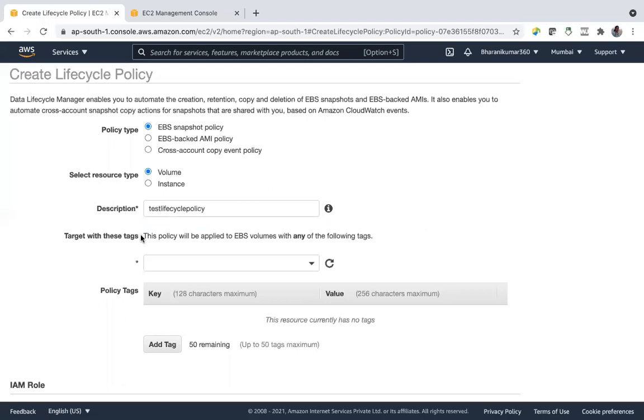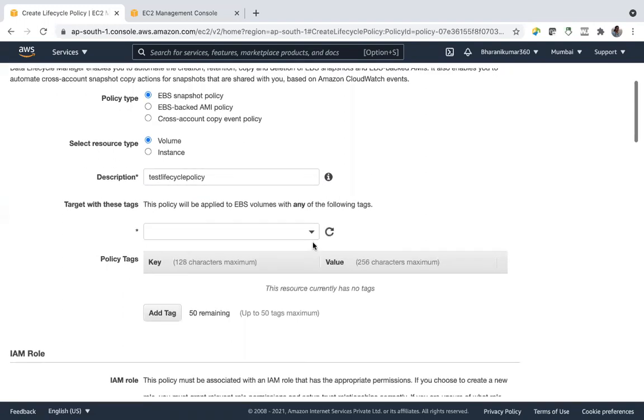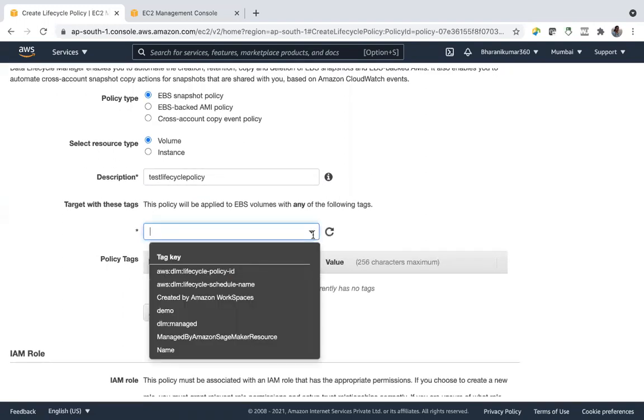So here tags are mandatory. You cannot skip this. Suppose if you want to take backup of your volume or instance, then while creating that volume or instance itself, there has to be tags. I think I have one volume which I tagged.